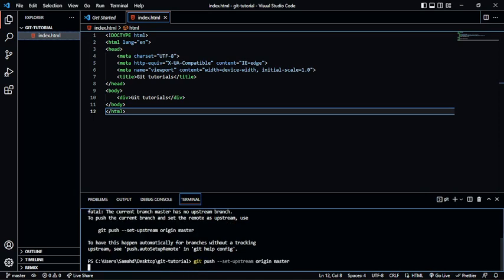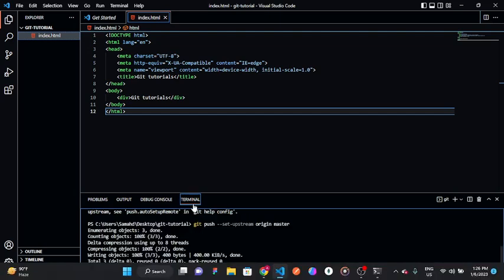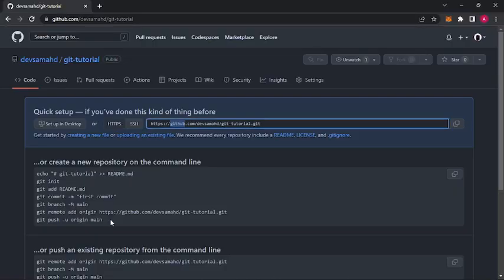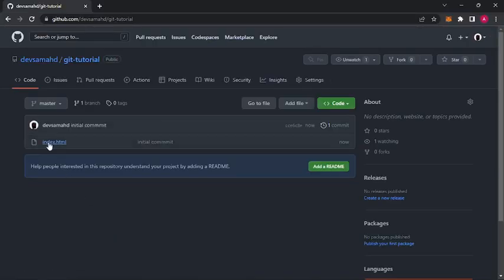Control V. So git push --set-upstream origin master. As you can see, it has pushed all my changes to the remote repository, and if I reload this repository right here, you should see I have my index.html, and I will drop the link to this repository